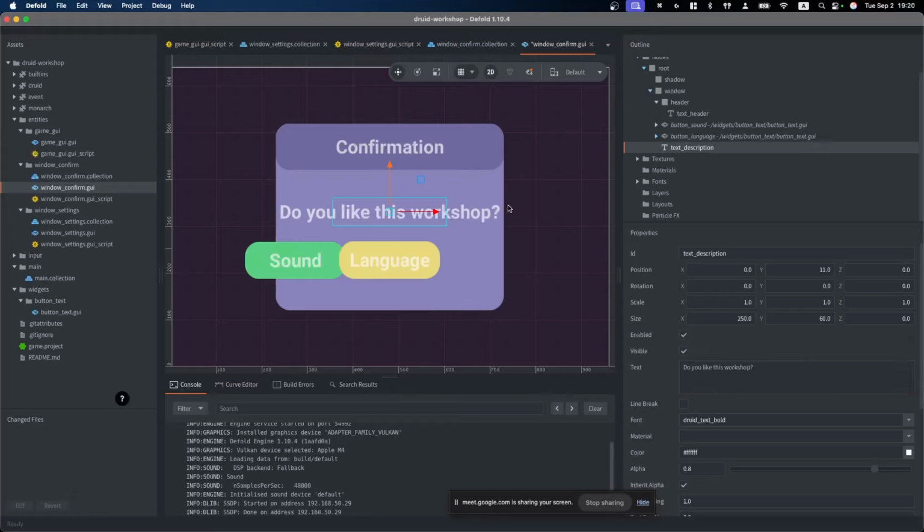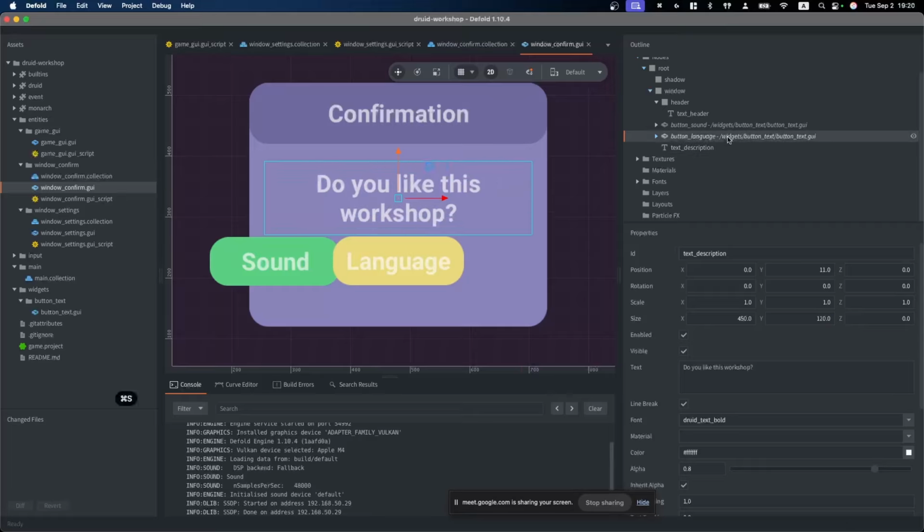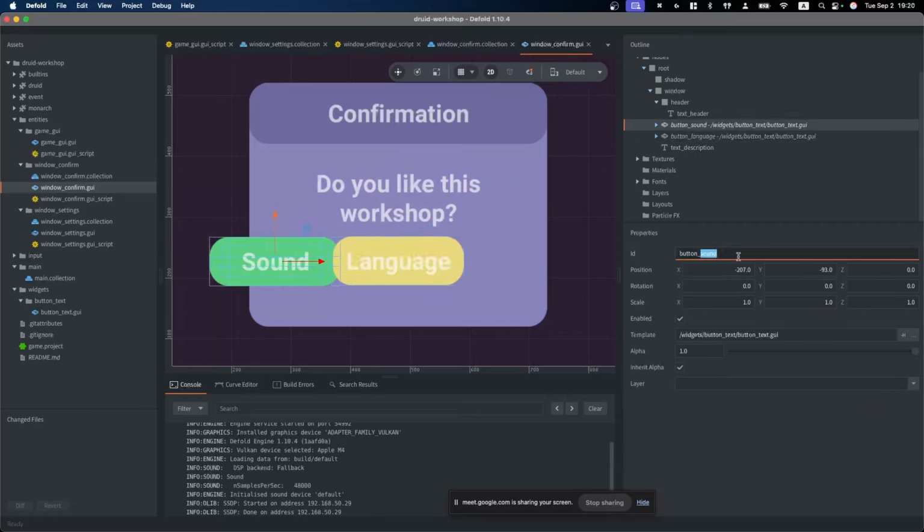Right. With the text, we also want to adjust the text sizes. It's a little bit more. And I think we need to use line break here, so the text will be wrapped onto a new line if it's bigger than this width. And use our buttons as button confirm and button decline.